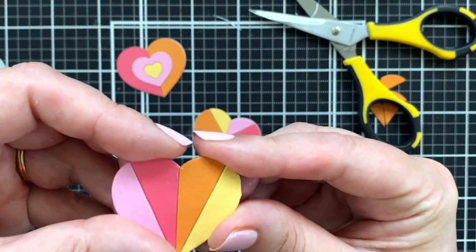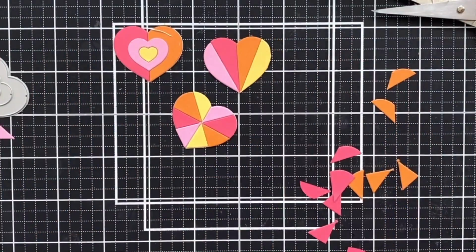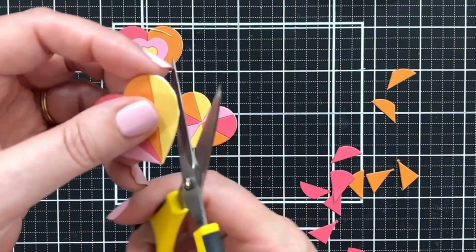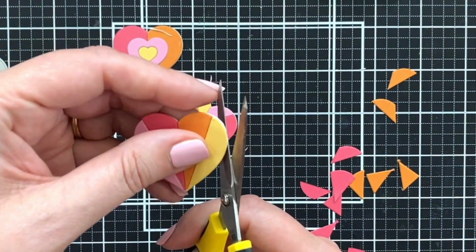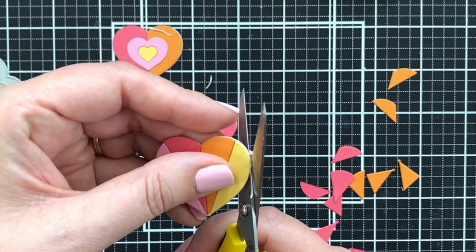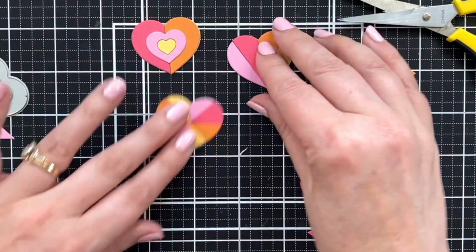Well, did I just cut that? I think I did, but we're not going to tell anyone. Okay, we almost screwed the pooch on that one. Actually, you know what? Let's try it again. Let's just do a little smooth, a little smooth. I just sort of missed the alignment on it, so now I'm just going to do that, and I think that's fine. We have our 3 hearts